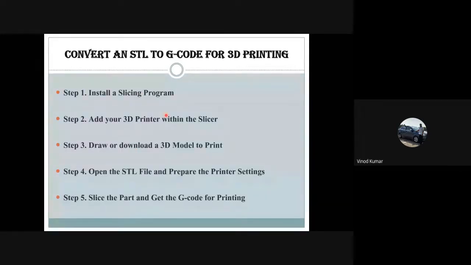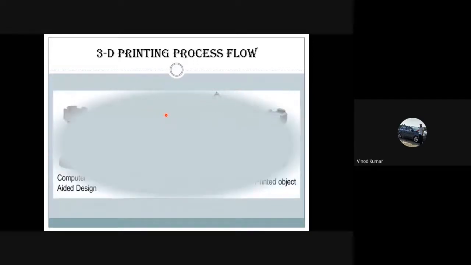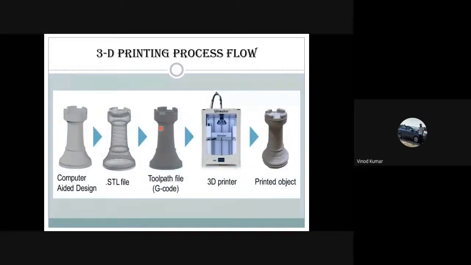And once that is done, the 3D printing process flow is 3D modeling, and after modeling, converting it to an STL file. So here you can see in this sketch very clearly, this is a 3D model. This 3D model is converted into an STL file. In the STL file, you can see some meshes. So it is like a human body with the skeletal system inside it. So that skeletal system will be converted.